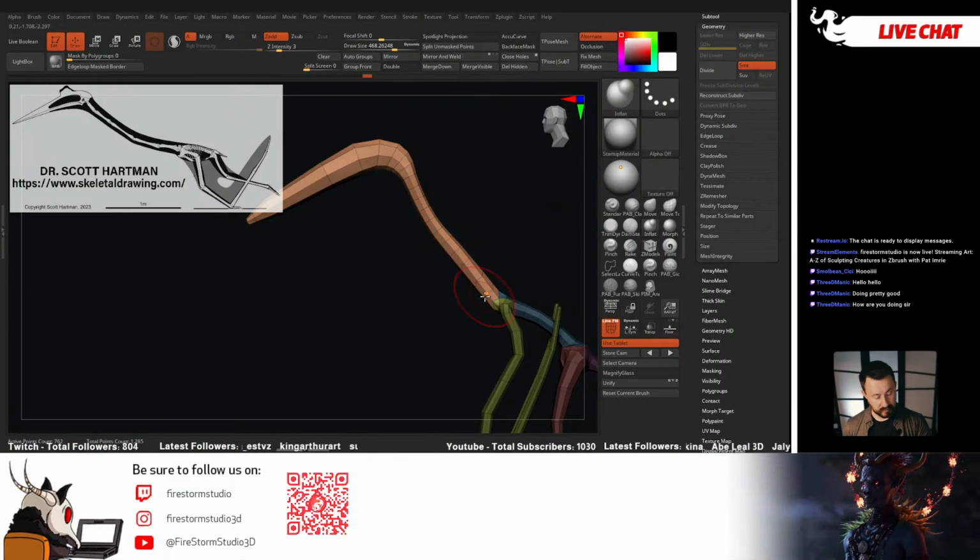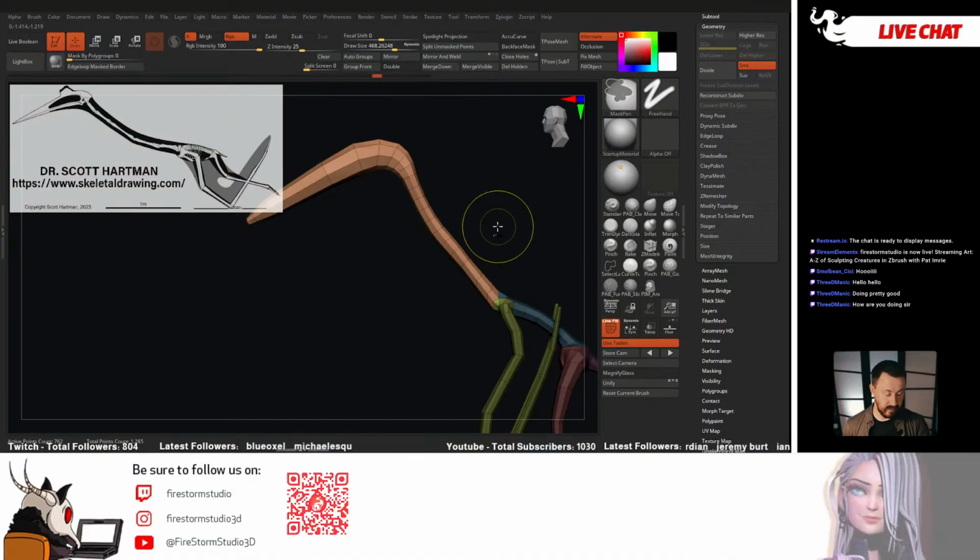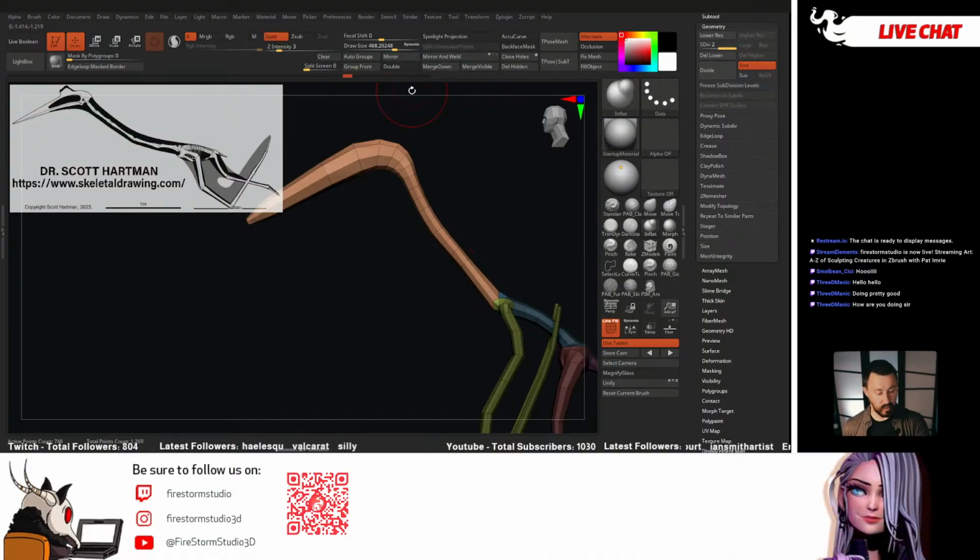And I'm just going to use the inflate brush just to inflate the neck a bit. And this is actually one of those areas, this is a good example of using the option to turn off the tablet pressure. So if you are using a brush that you want to create the same height or level or pressure of stroke right along a surface,